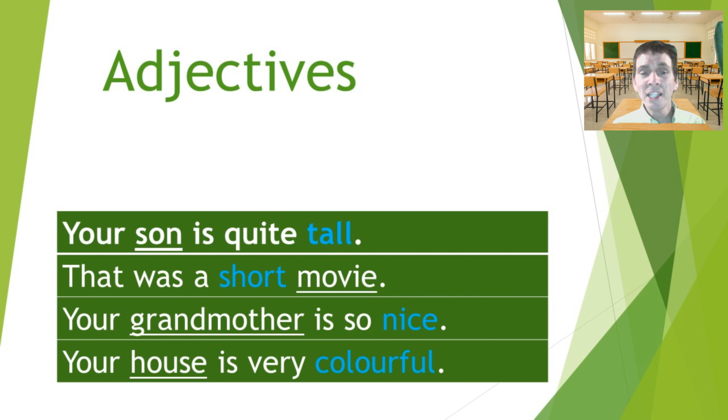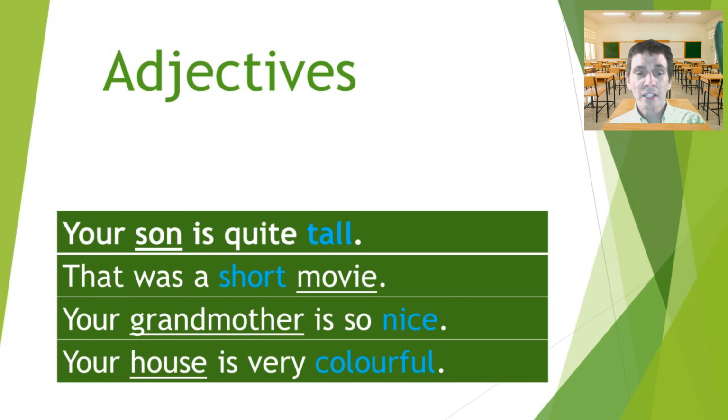So the words that we see in blue, words such as tall, short, nice, and colorful, these are all adjectives, and they give us information about the nouns that you see. In the first sentence, your son is quite tall, tall gives us information about the son. In the second sentence, that was a short movie, short describes the movie. In the third example, your grandmother is so nice, nice gives us information about the grandmother. And in the last sentence, your house is very colorful,